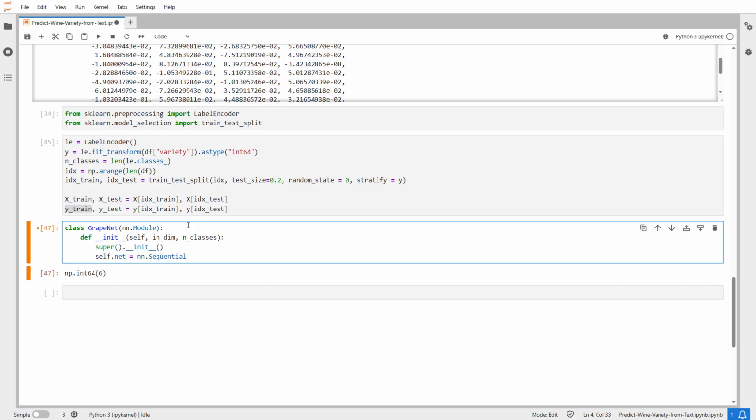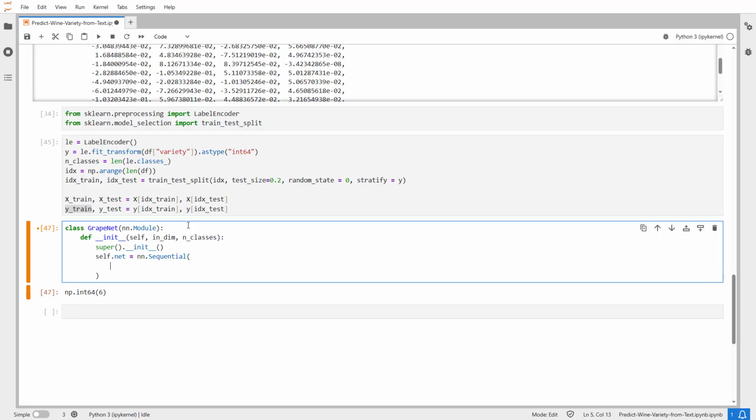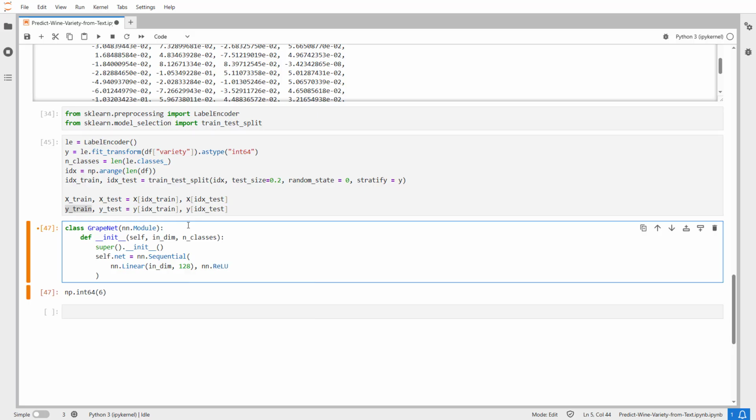Let's see. Okay, it works this way. And here we write nn.Linear, in dim, 128. This is what I mentioned already. We're going to use the ReLU, this one,